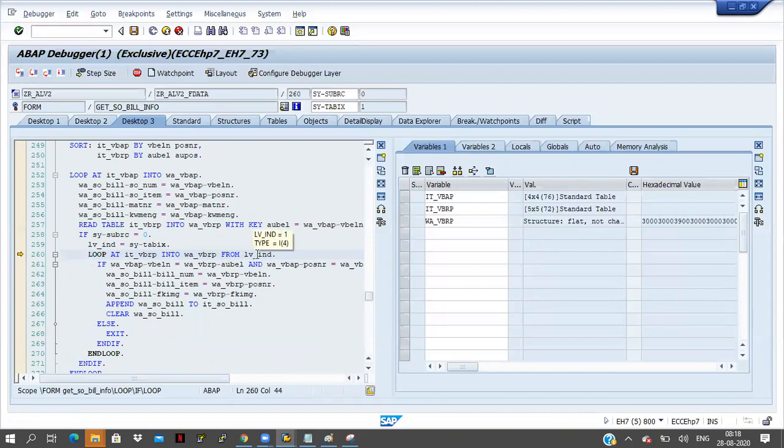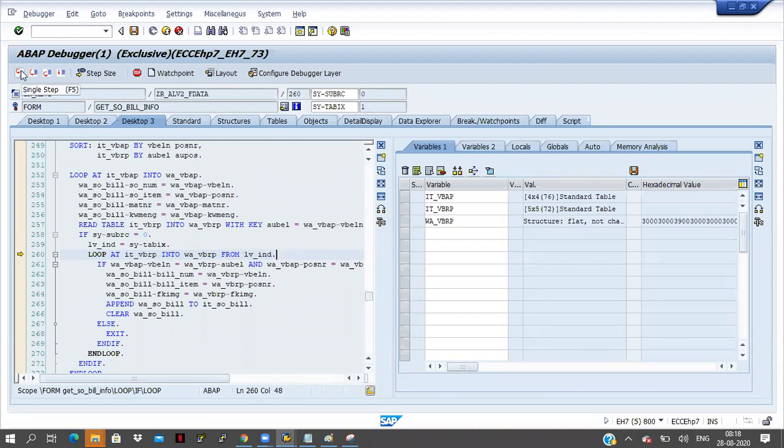Whenever we are looping, we can give conditions, a where condition, and we can say from the 10th line onwards I have to loop, or from the 100th line onwards. Like that we have to give some index number. So here I am giving from index number 1, which means from line number 1 onwards I have to loop the data.